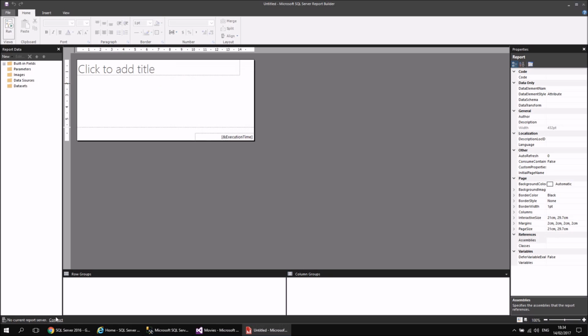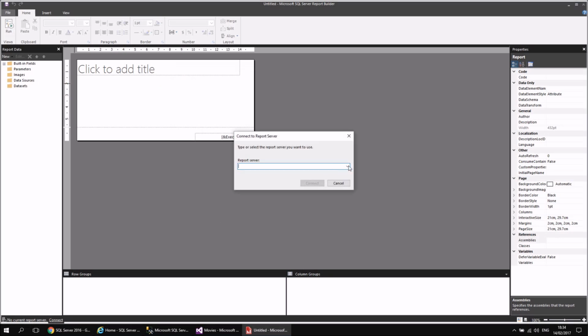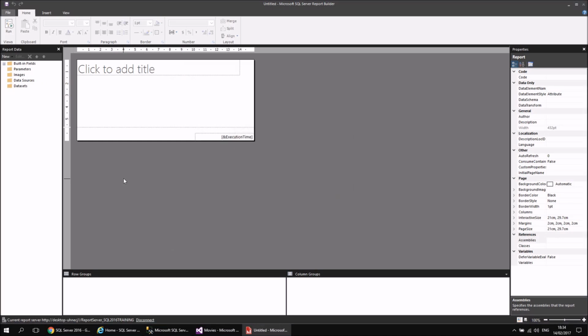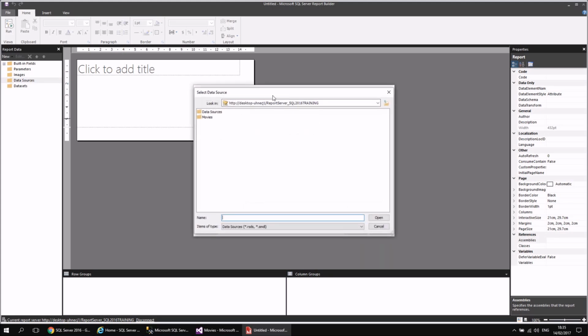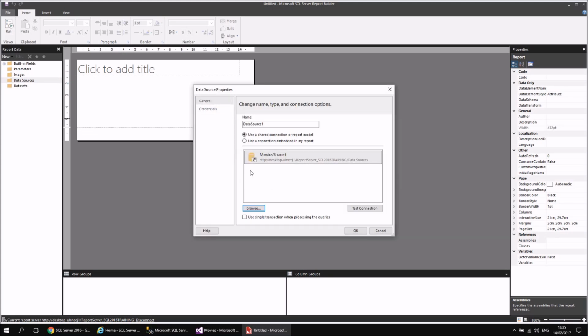If I make sure that I've connected to my report server, I should find that it's in the drop-down list because I've used it recently, so I can just select the URL from the drop-down list this time rather than copy-pasting it again. Click Connect. I'm going to create a new data source for the report, so I can right-click there and choose Add Data Source. And then this time I'm going to use a shared data source, so I can hit the Browse button down here, and then I can point to, it's already pointing to the report server that I've connected to, so I can just browse into the data sources folder, choose Movies Shared, and then that's available now to this project,